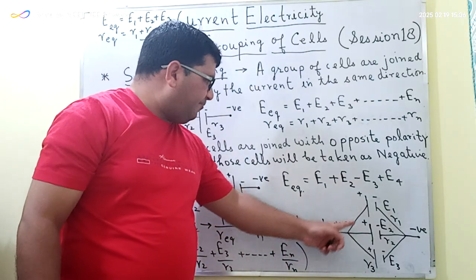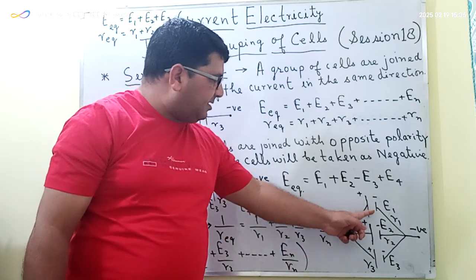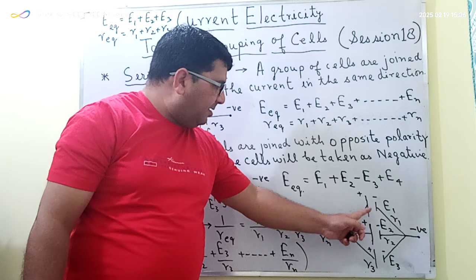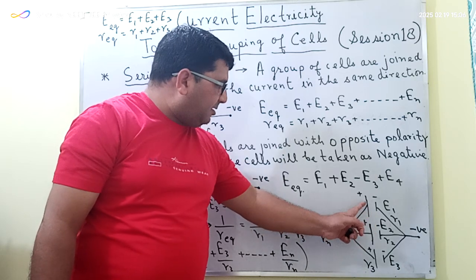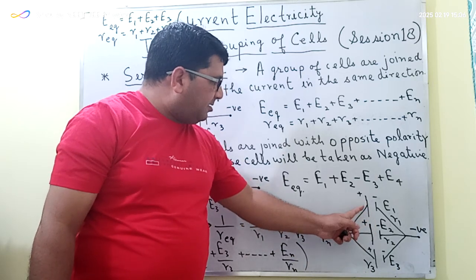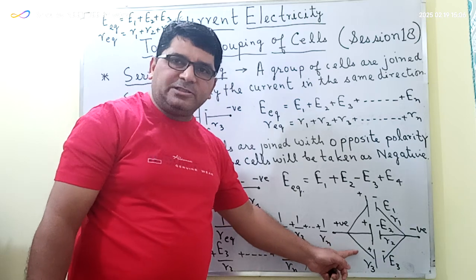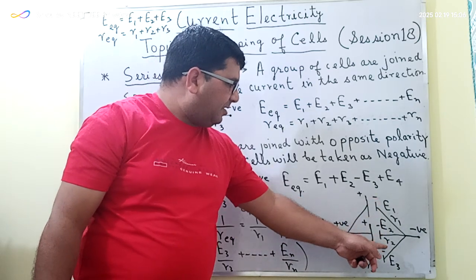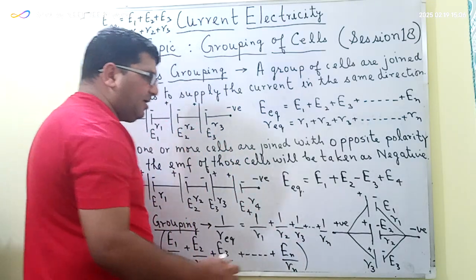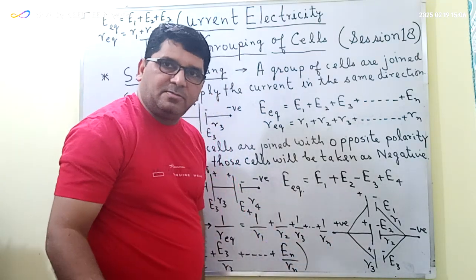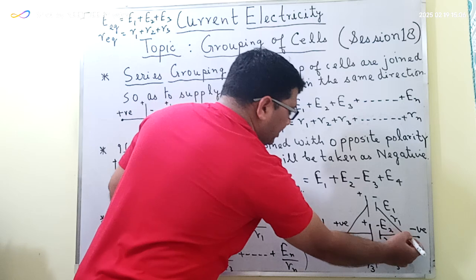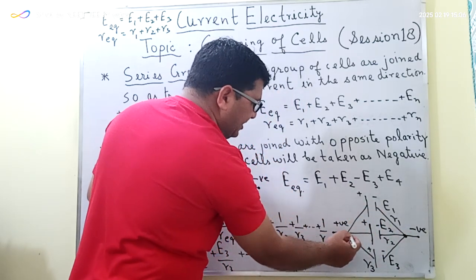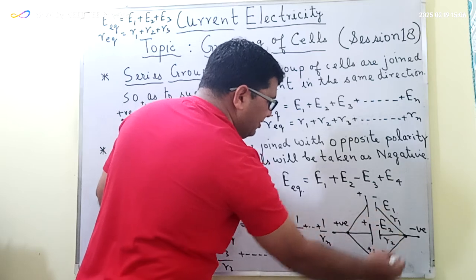So here I have connected three cells in parallel, and in the parallel combination the positive terminals of all the cells are connected together as shown in this figure, and the negative terminals of all the cells are connected to each other as shown in this figure. So here you can see that the positive terminals of these three cells are connected together, and the negative terminals